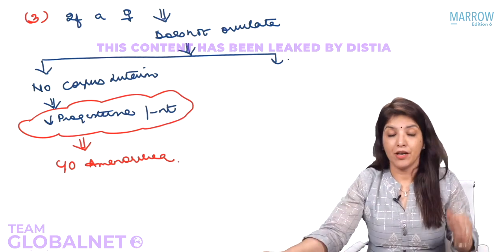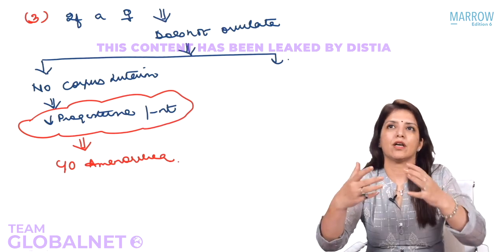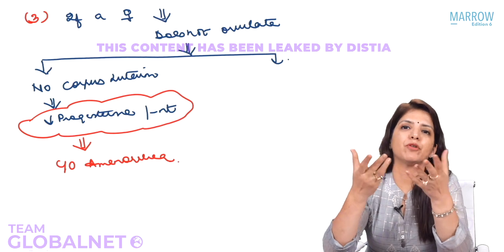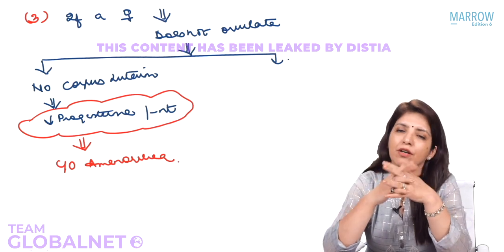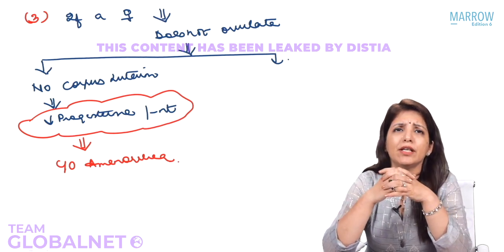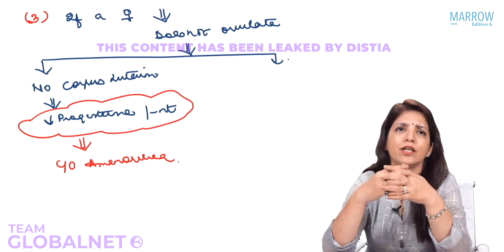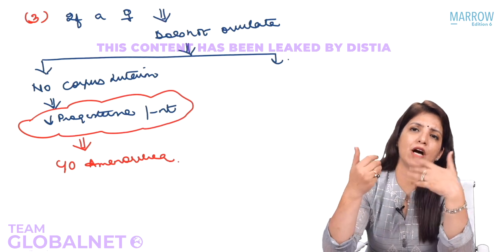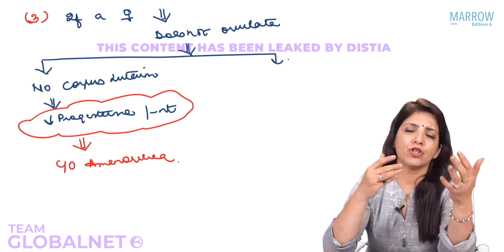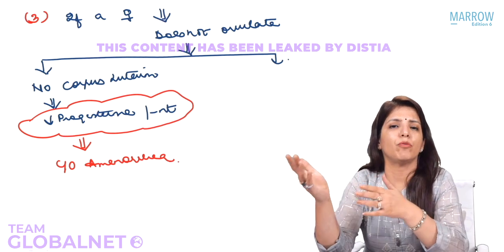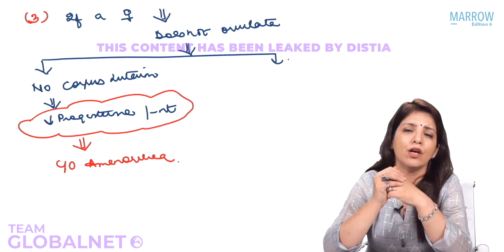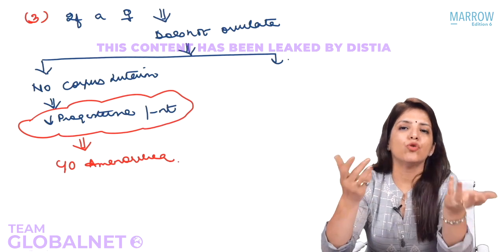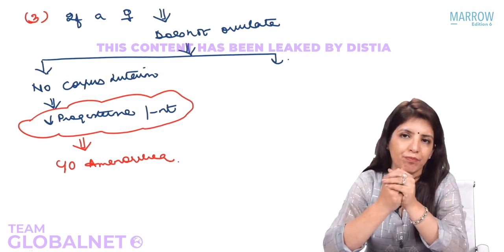Clear till here? Now you will ask me, ma'am, you are saying that if a female is not ovulating, that means no corpus luteum, no progesterone, and no menstruation. Fine. But so many times we read that anovulatory cycles are irregular, and when a female starts her menarche, at that time she has anovulatory cycles. Near menopause, she has anovulatory cycles. And you are saying that if there is anovulation, there is no menstruation. So what is this anovulatory cycle, right?